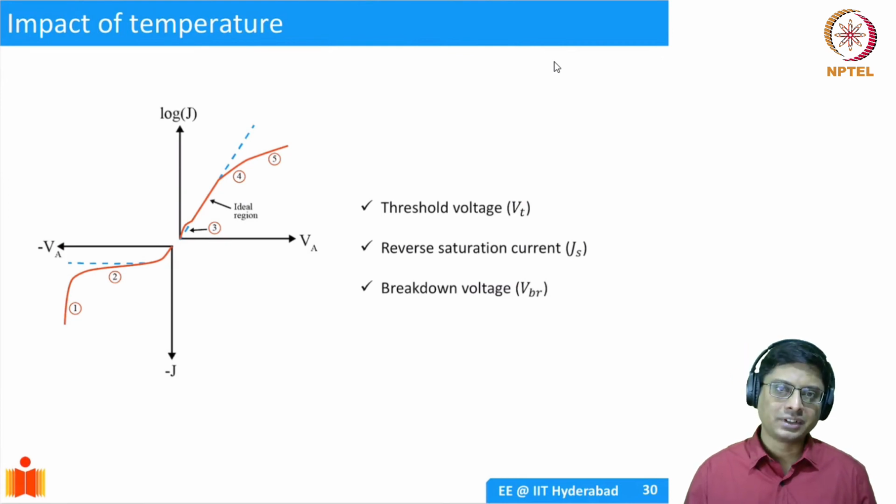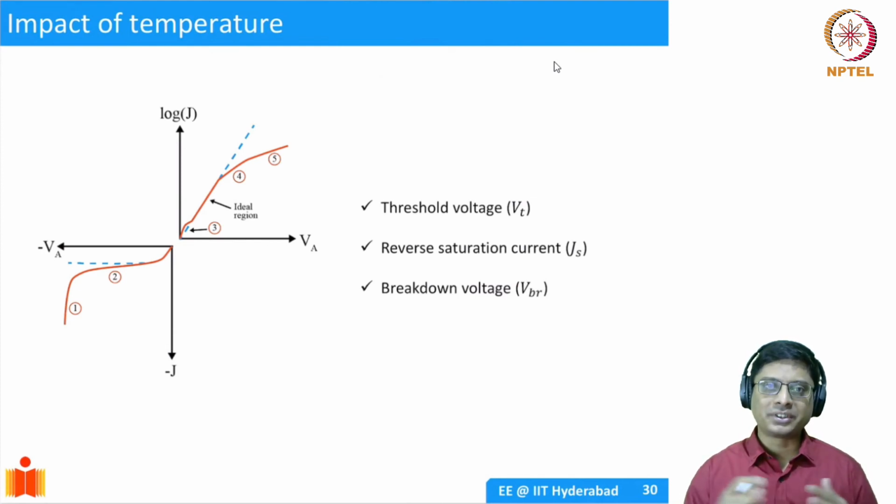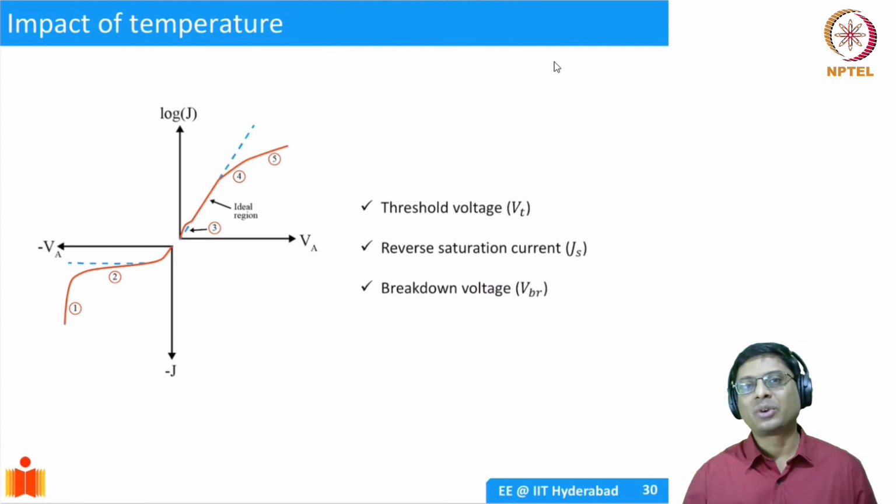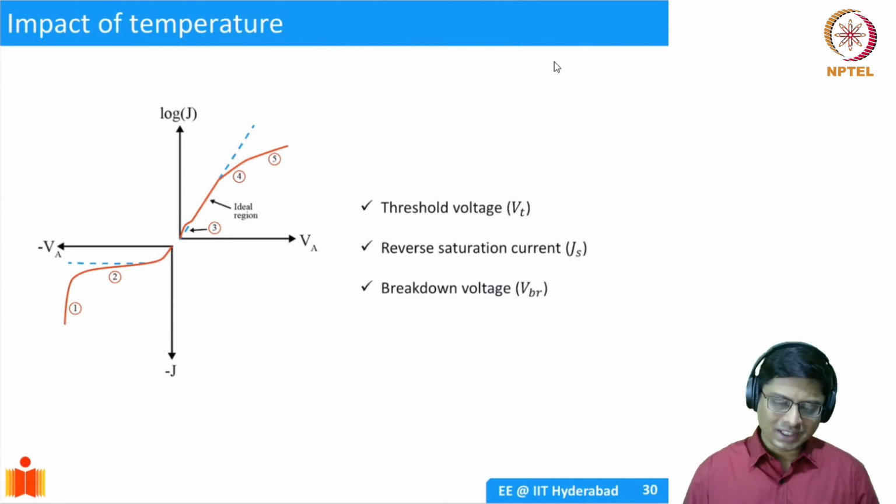All right. So before I stop, I just want to mention one more aspect which is important, which is the impact of temperature. So far in the PN junction analysis, we have not changed the temperature, but you could change it. In a real device, for example, a semiconductor chip in a computer, if you run it faster, or put a lot of load and run a lot of computations on it, it's going to heat up. When it heats up, the junction's parameters are going to change. Even the threshold voltage is going to change. So we need to understand what happens to these parameters with temperature. We won't really go in any depth, we'll just briefly tell you that.